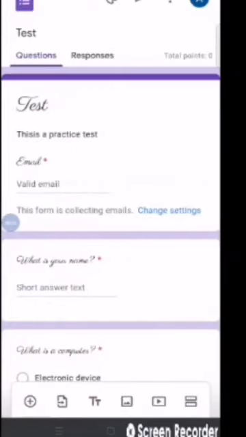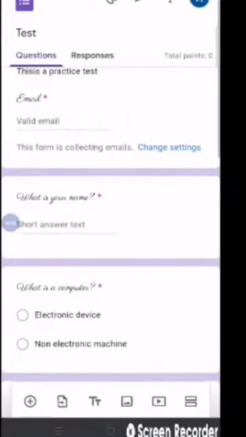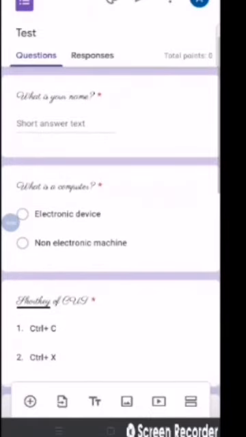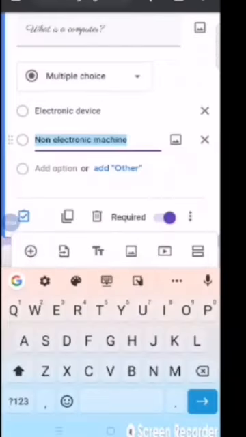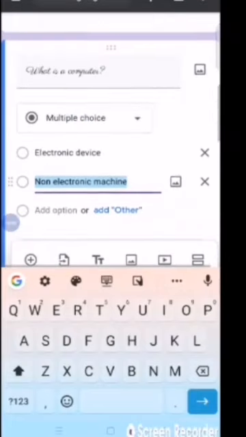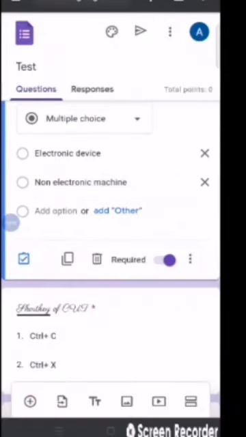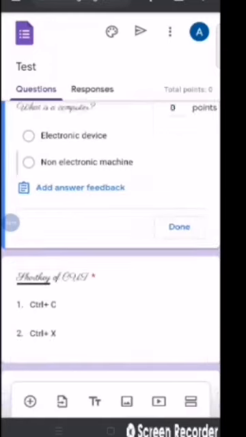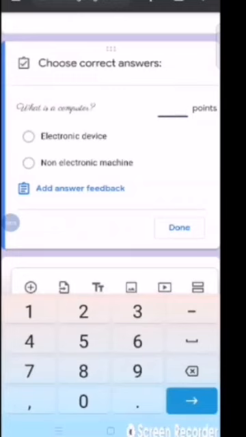Now see, here they are asking for total points, like you have to give the marks. Now I am giving this question. So how will I set the marks? When you come here on this question, see a box is there, where a tick is there, like this is of 2 marks, and from here only you have to choose the correct answer.